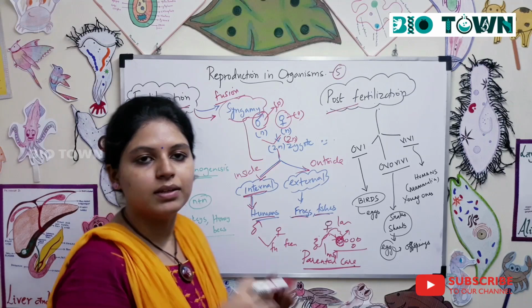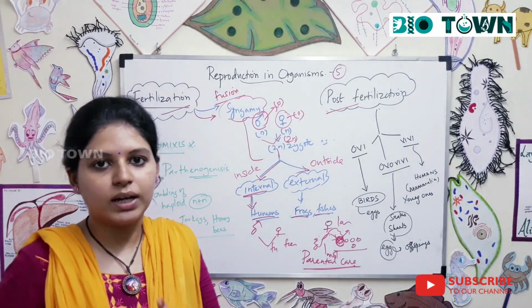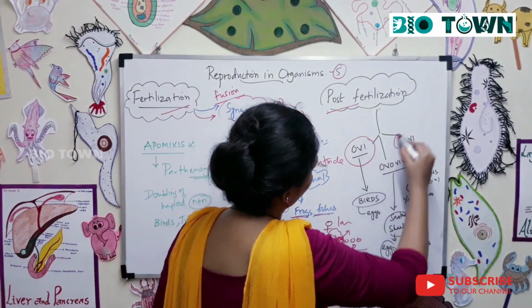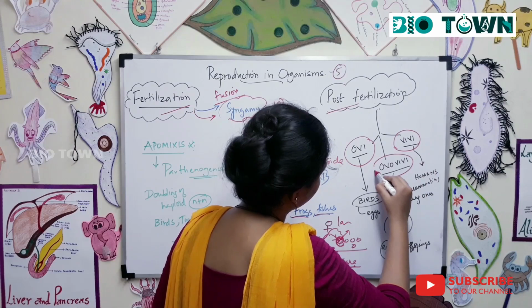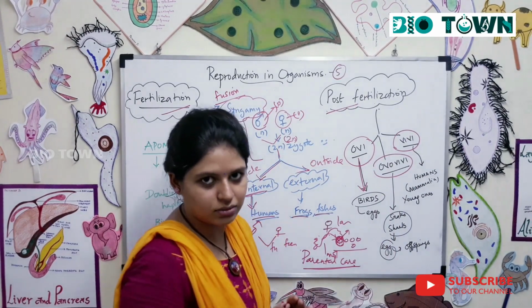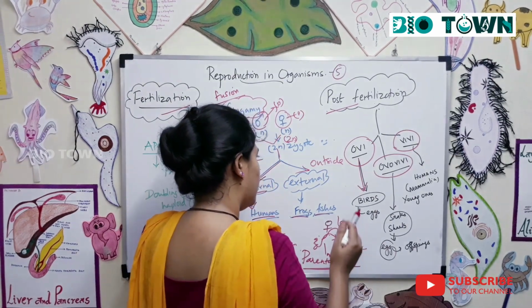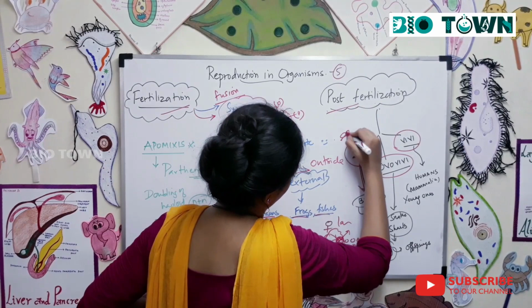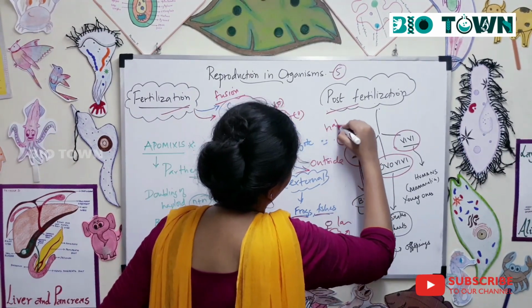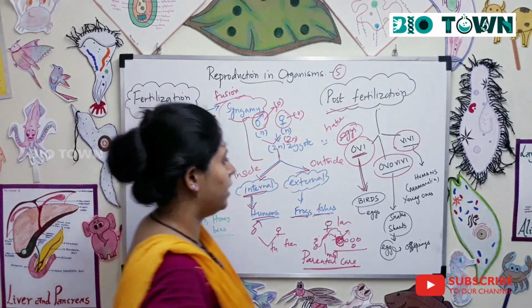So now what happens after the zygote? There is always the birth of an offspring, a juvenile, a baby. And now this could happen in oviparous, viviparous or ovoviviparous animals. Now when an animal lays eggs and starts incubating its eggs, that is called oviparous. The young ones get hatched from the eggs, and you call it oviparous.